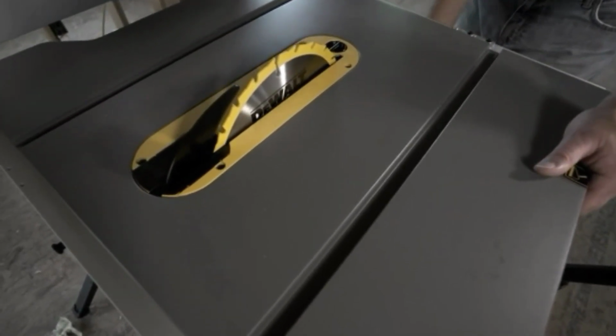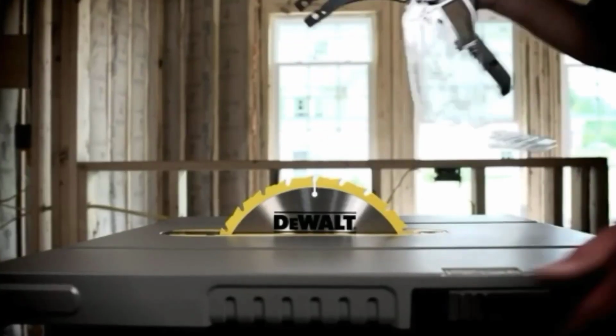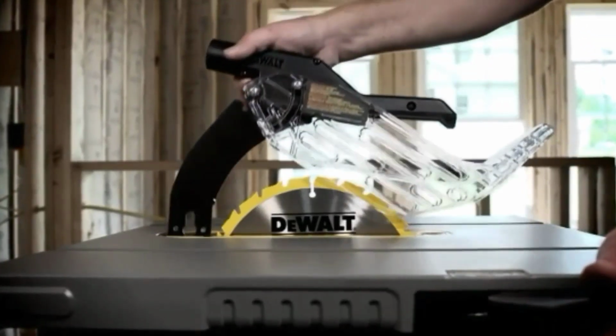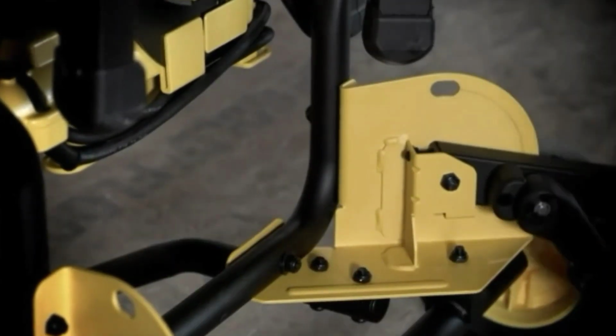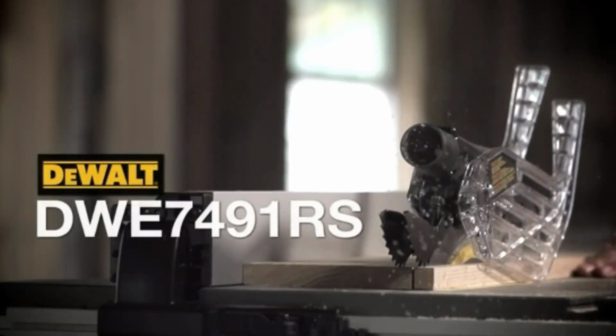4,800 RPM. Rolling stand designed for easy setup and breakdown with excellent stability. Rack and pinion telescoping fence system makes fence adjustments fast, smooth and accurate. Features a 15.0 amp high torque motor with the power to cut pressure treated lumber and hardwoods. Functionality and portability. The DeWalt